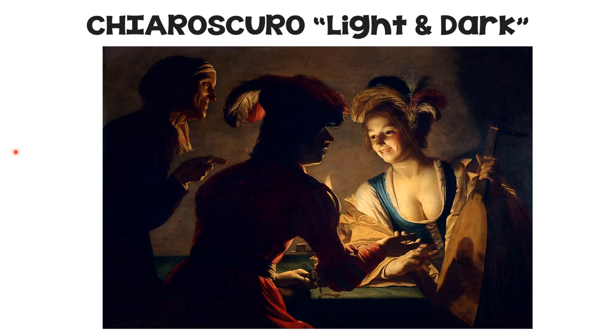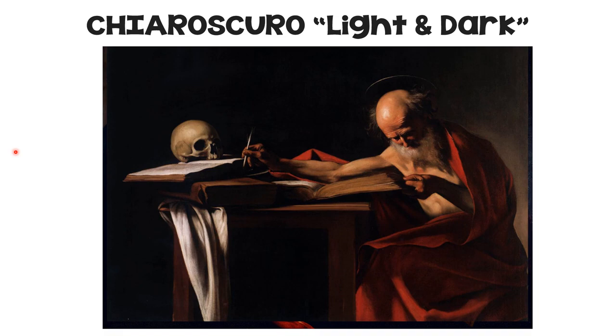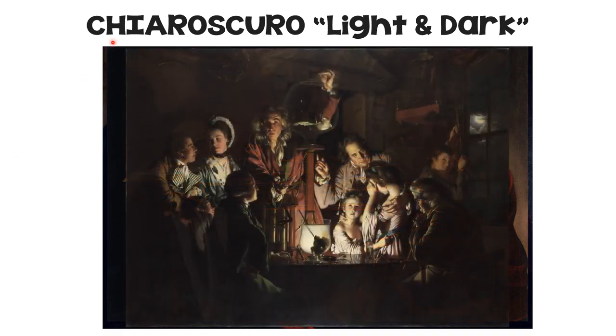Again, chiaroscuro is the art of using strong contrast between light and dark. This was usually done to make the composition a lot more dramatic. It's a technical term used by art historians and artists about the contrast of light, and it gives a sense of three-dimensionality to the figures. It's also used a lot in cinematography and photography. And here are some examples of that focal light point, usually a lamp or something, and then the light emanating from there and everything else very dark.